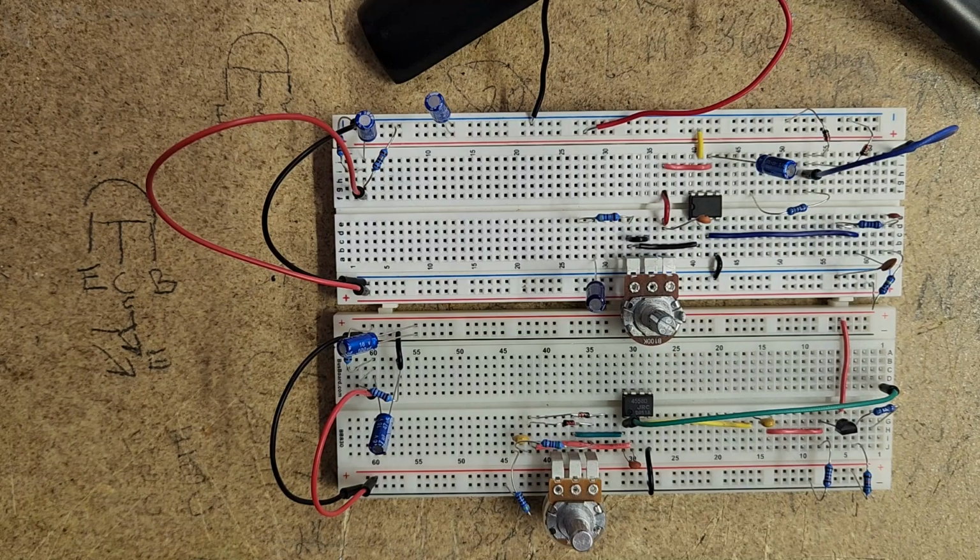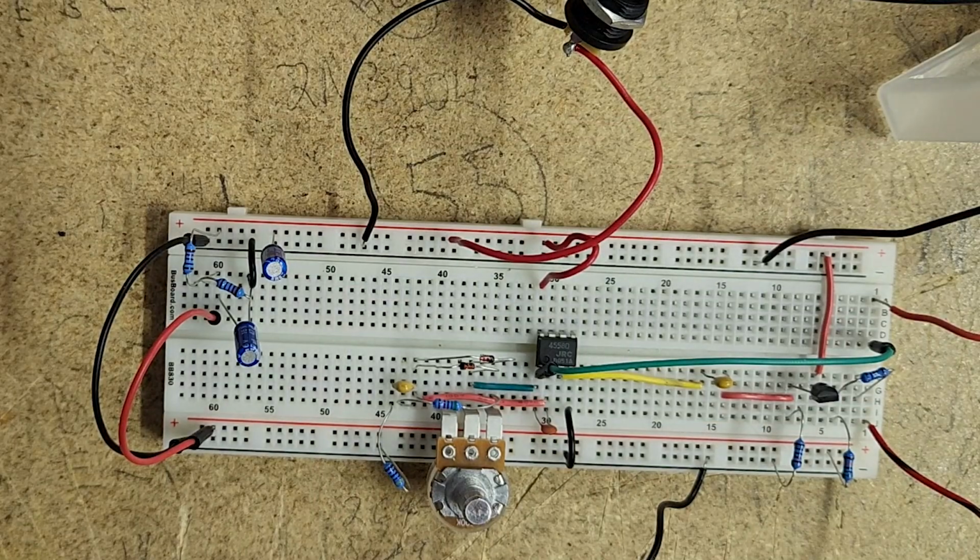We'll see what it sounds like, and then we will run through the Rat, see what it sounds like, and then I'll edit the video so that you can hear it side by side. Cool. So here is the breadboarded circuit for the tube screamer, just up until that clipping stage that we saw